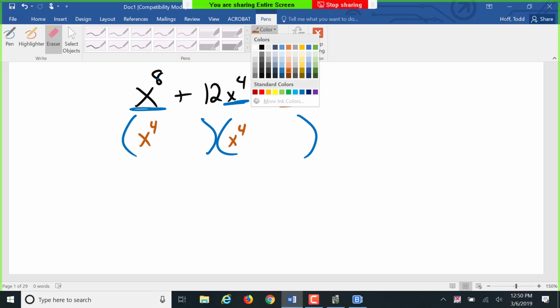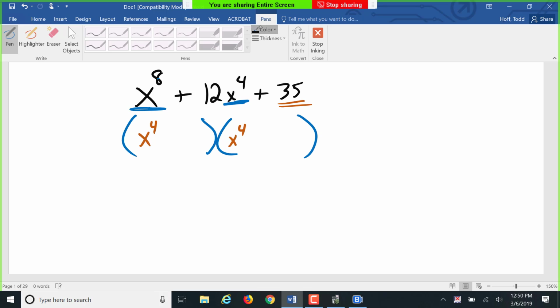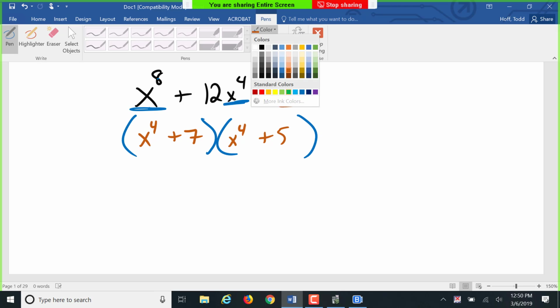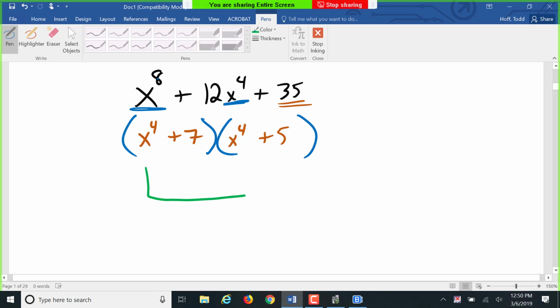This should be a 35 over here to make it factorable. What am I going to split 35 up into? 7 and 5. If I double check this, on the outside I have x to the 4th times 5, which is